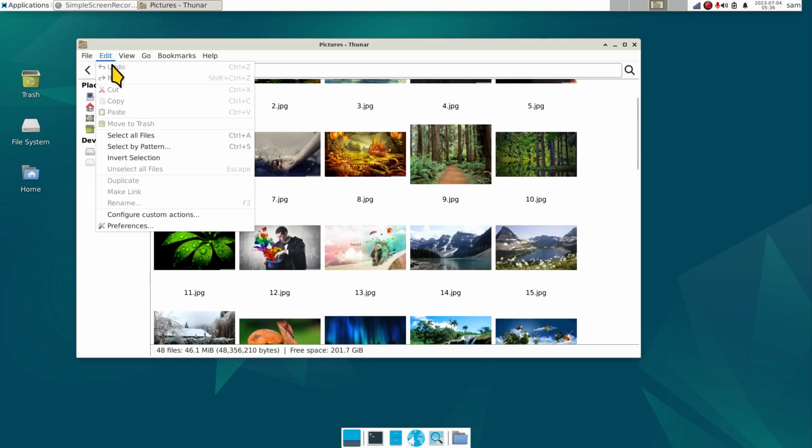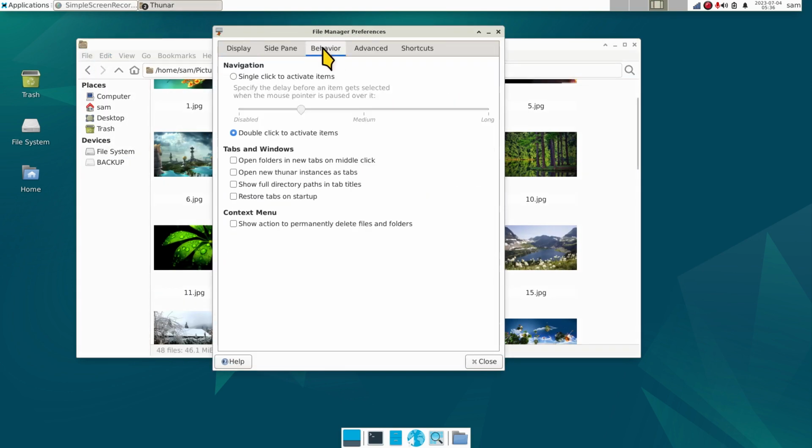The behavior for this file manager is set for double click. I don't like single click. I've been around Linux for over 25 years. I've seen a lot of file managers. Also been around computers for over 30. But more importantly, the developer decided to put that in,